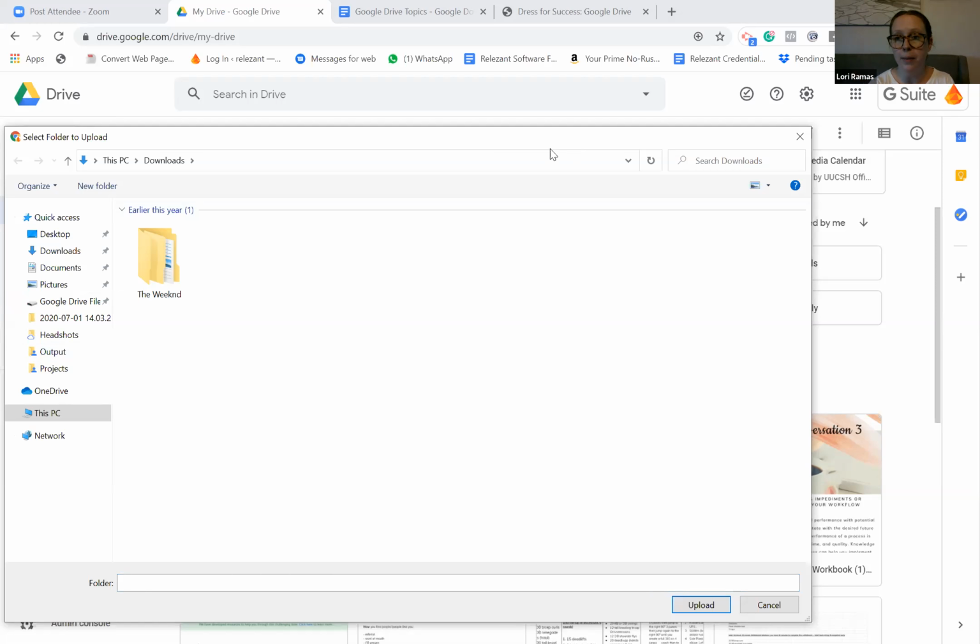What I would probably recommend doing is downloading your files from OneDrive to your desktop or laptop, and then just folder upload right into your Google Drive. At the bottom of your screen, it will tell you how long that will take. It could be like an hour, let's say you have a ton of stuff. It will track it for you, so you can just walk away and come back and it'll be done. And it should stay within the folders and stuff that you already have.